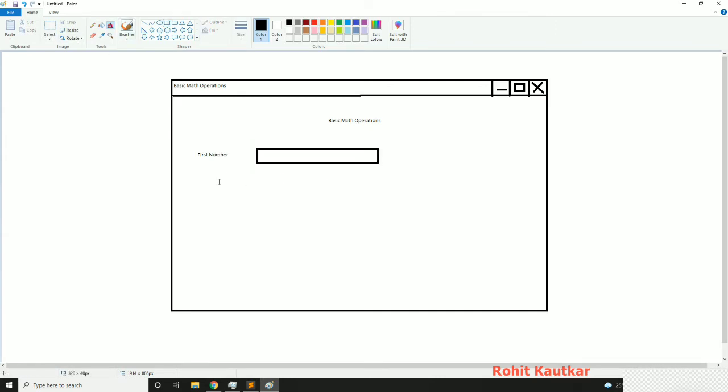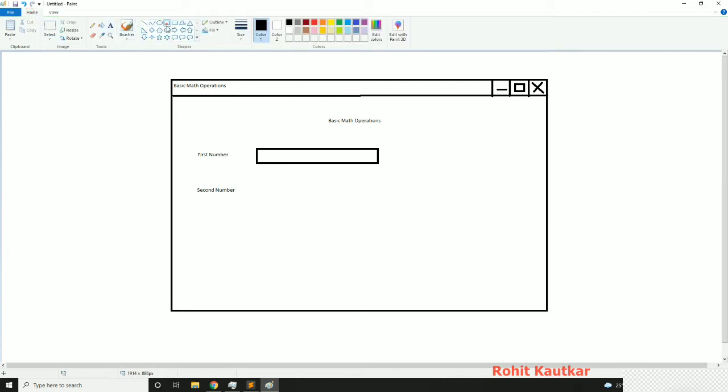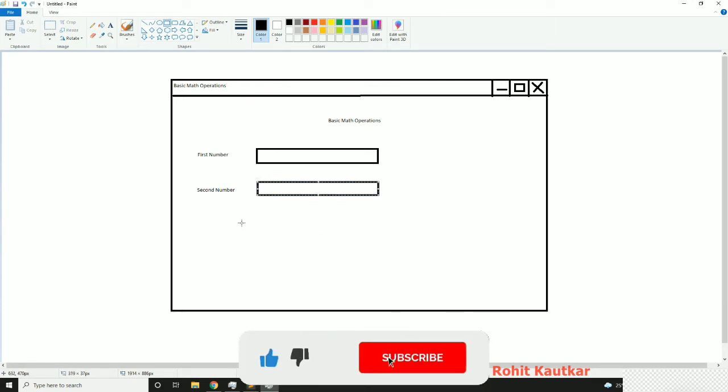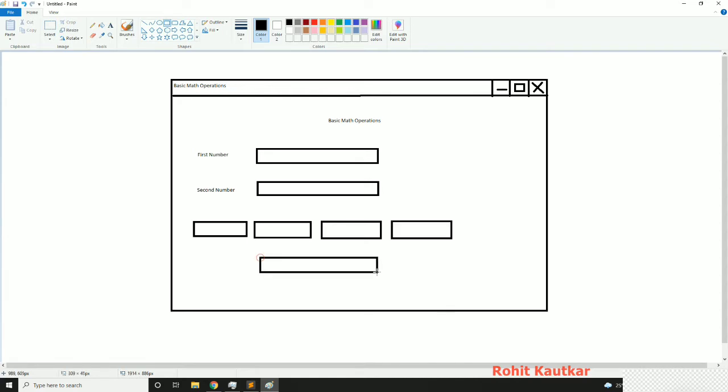In the same way I will create the second number here, and again we will use one text field to read the second number. After that I will show four buttons over here. The first button will be addition, the next button will be subtraction, the next button will be division, and the next button will be multiplication. After that we will show the result.